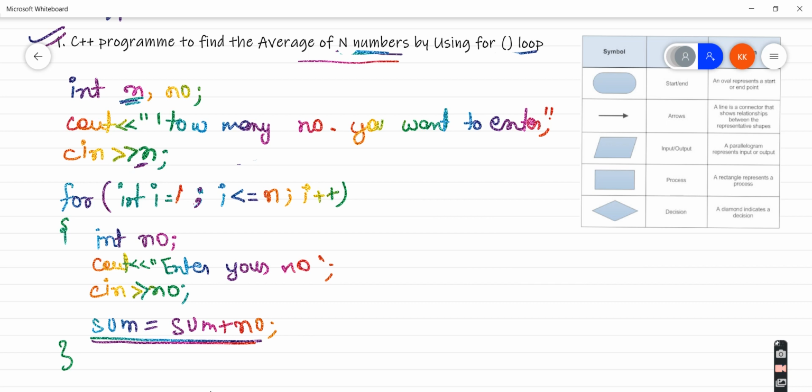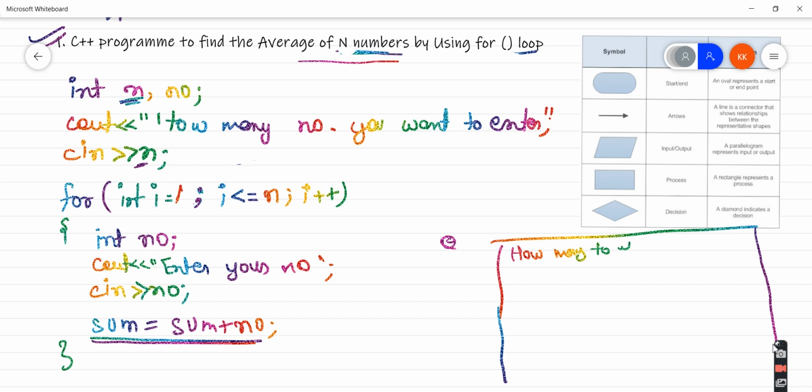Let's say first of all, this is my output box, or you can say monitor. I will first ask the user how many numbers they are going to enter, right? So let's say the user has entered 5. Okay, so this 5 will go to the n variable. Now I will ask the user to enter the numbers one by one, right?